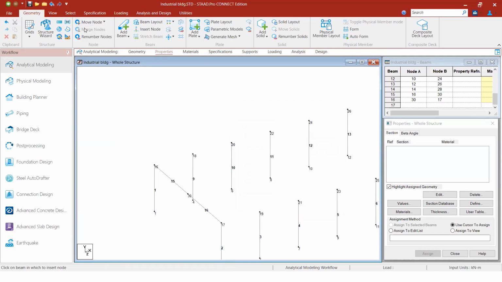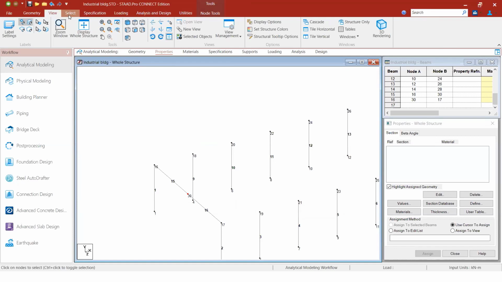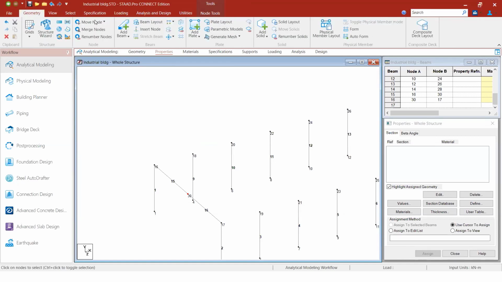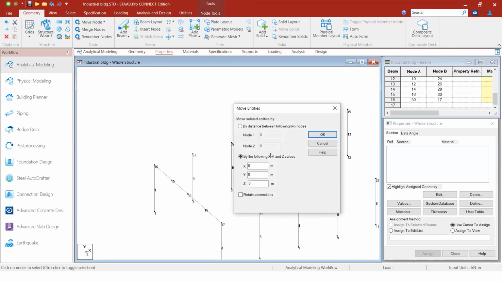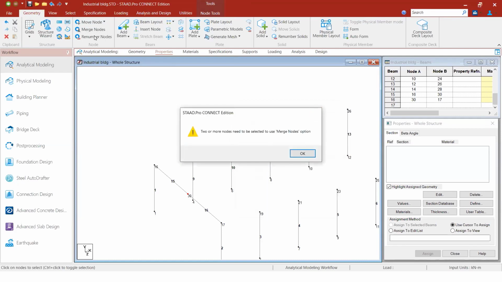I've just not selected the node, right? Node cursor, I've just selected the node. I'm just moving the node. Move node. I'm just moving the origin itself, right? No, not much.